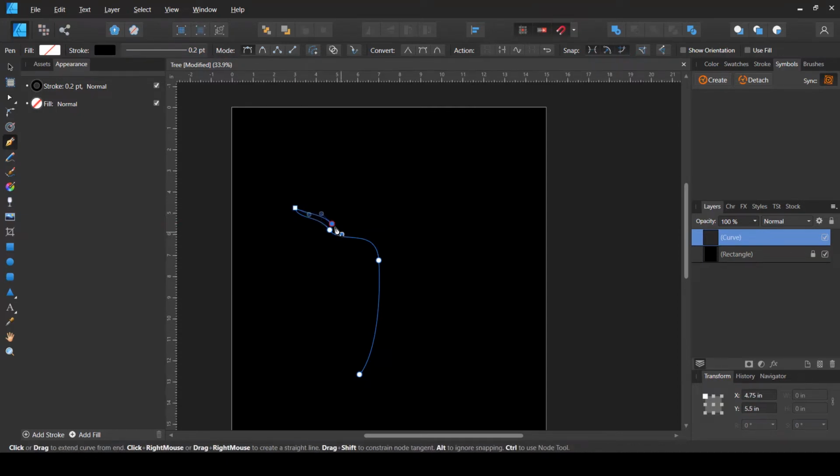So you can create the branches separately, but I just want to create some basic branches here and then maybe add a little bit more details to it later on, depending upon how it looks. So yeah, this is just a pretty simple generic looking tree, nothing too specific.